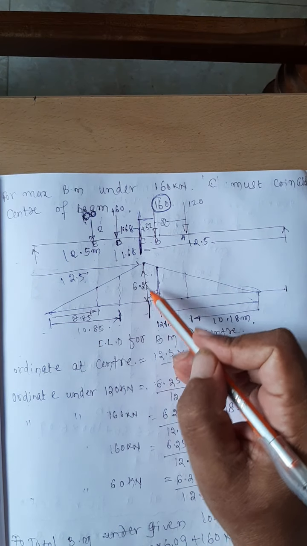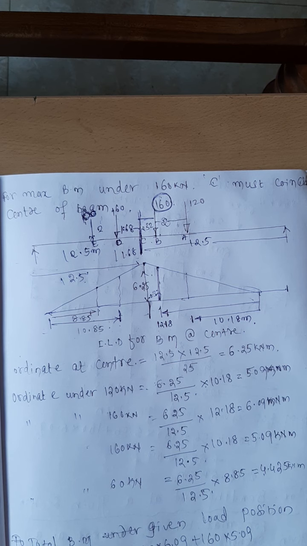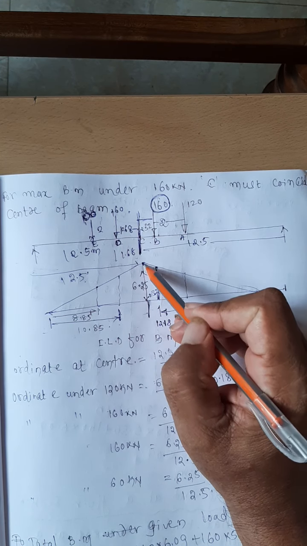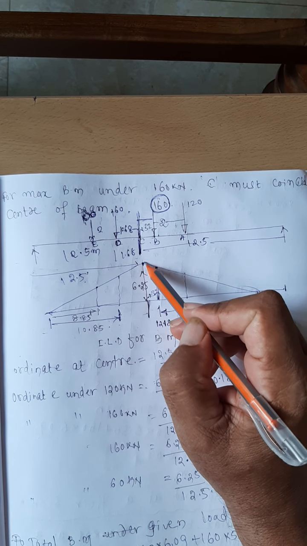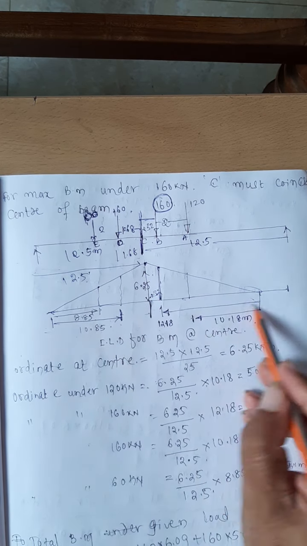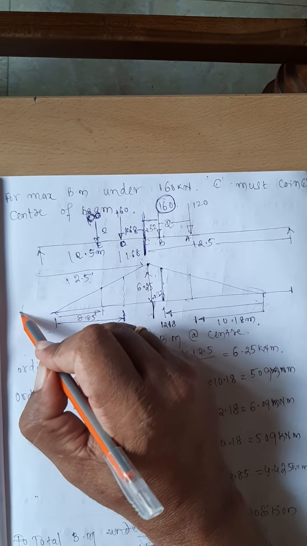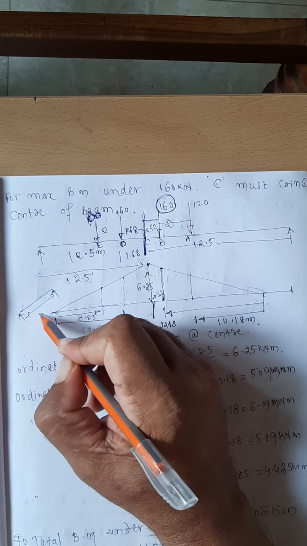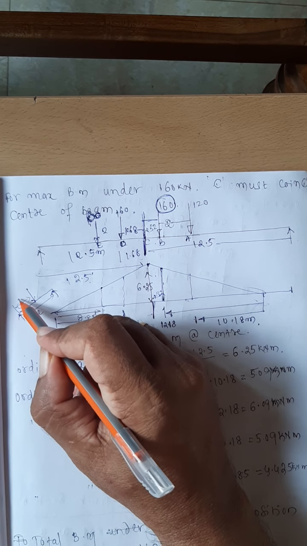Now you know. First, I am interested to draw the bending moment diagram. Where I want to calculate the bending moment. I want to calculate the bending moment at center, as there the bending moment is maximum. Now, you know the influence line diagram for bending moment at the center. What was it? Just like in the previous class I explained to you, if you are considering a beam of length is equal to L, and if you want the bending moment at any distance A from one of the end,